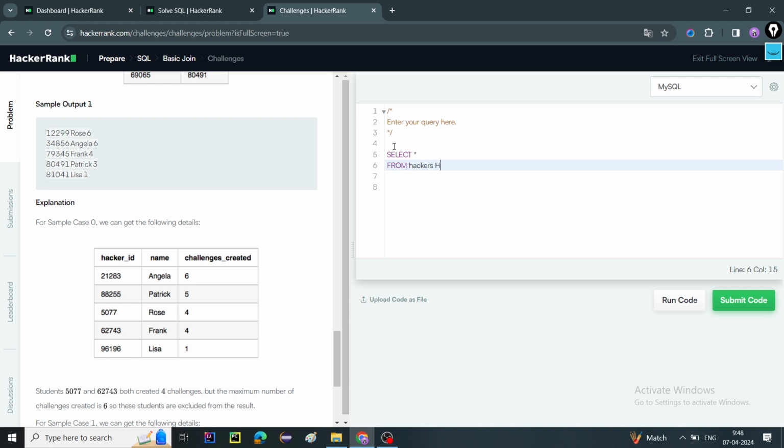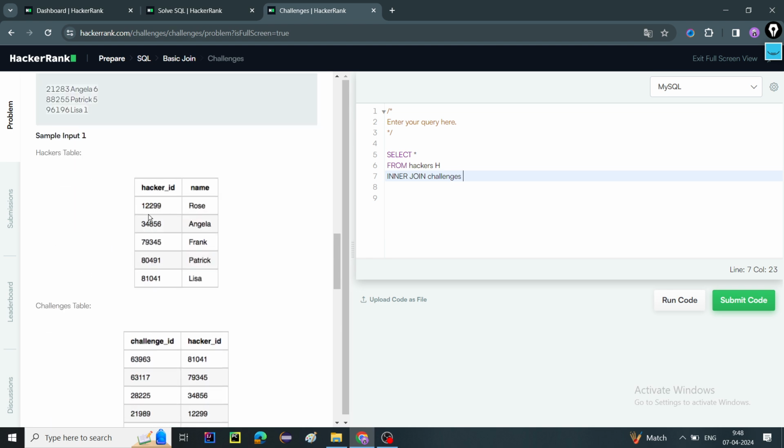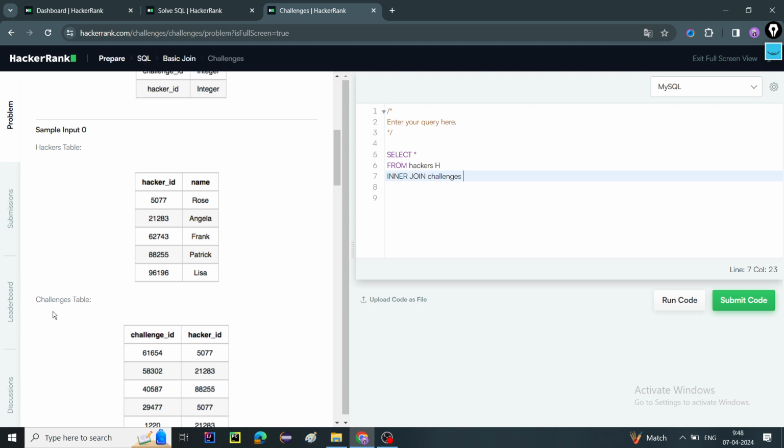I'm going to name it H, and I'm going to perform an inner join to the table of challenges. We have another table called challenges, so I'm going to join it using inner join. I'm going to name it C